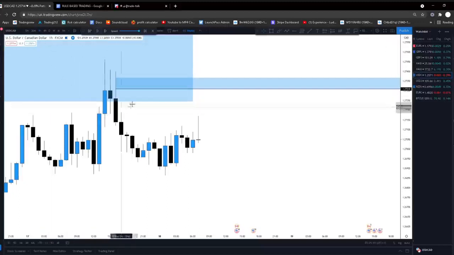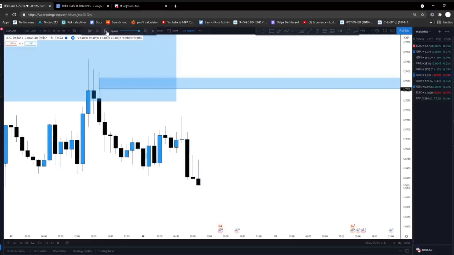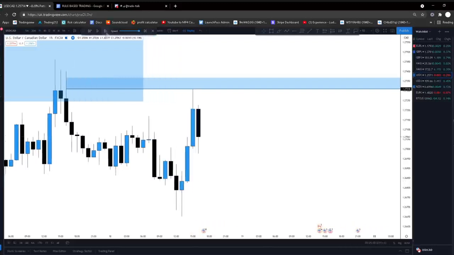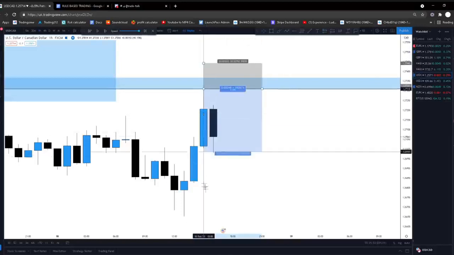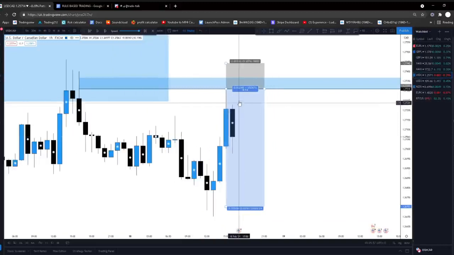It does sometimes take some time. So we are on the 1 hour. This is almost a day that it takes to come back into our supply zone. It does look like it's coming back up now. And then look at this amazing entry, right? So be patient. That should be our fourth rule. Be patient. Always be patient, right? Because if you don't be patient, the market will not reward you, right?